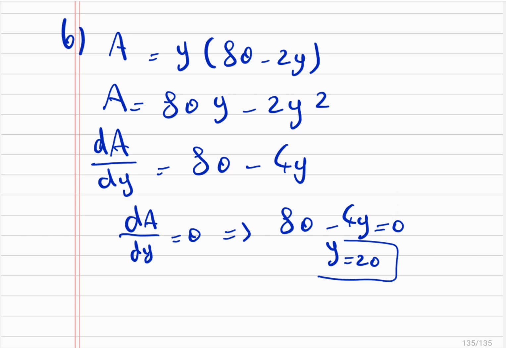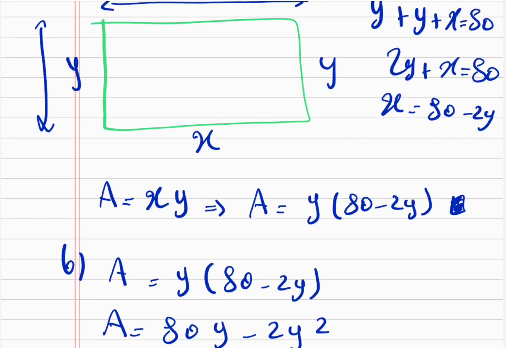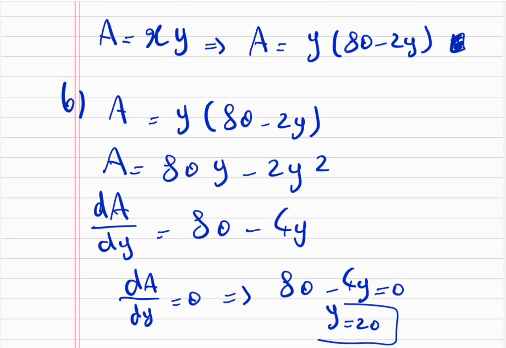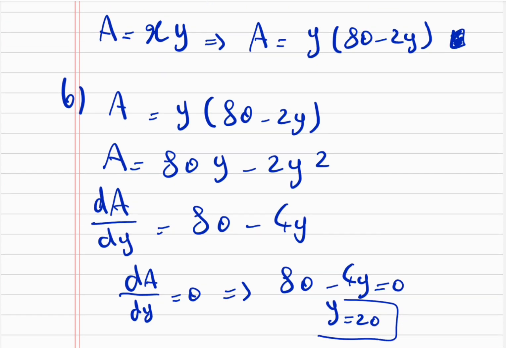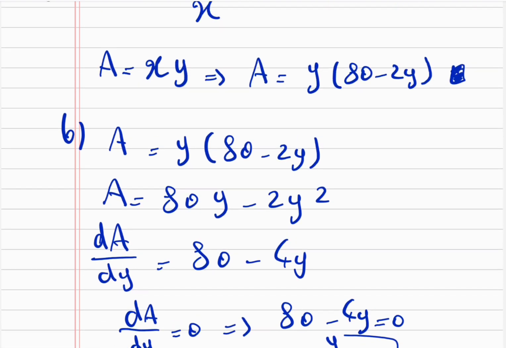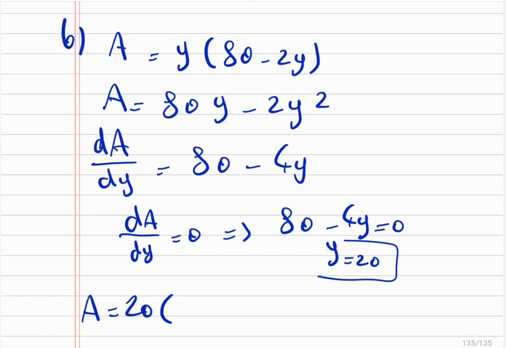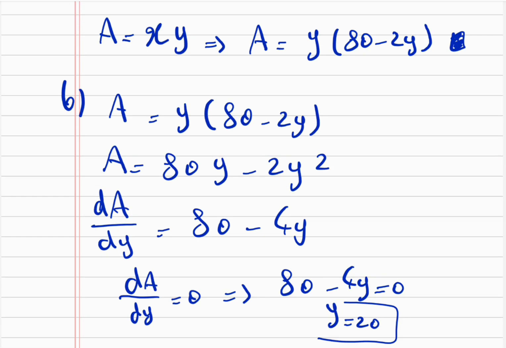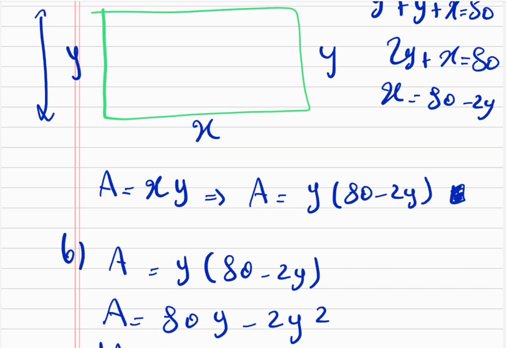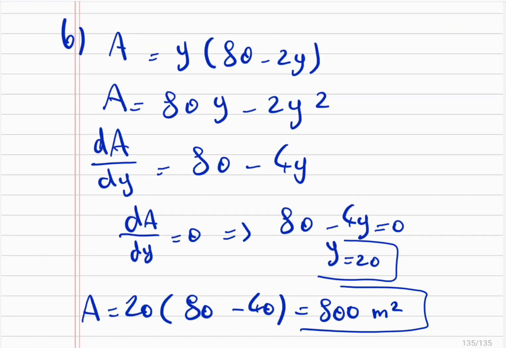So all we need to do at this point is find the area, which means substituting y equals 20 into the formula of the area, and by doing so we can find the area. So area is equal to y, which is 20, times 80 minus 2 times y, which is 40. Inside the bracket we get 40. 40 times 20 is 800, and the unit here is meters, so it's 800 meters squared. That's the area